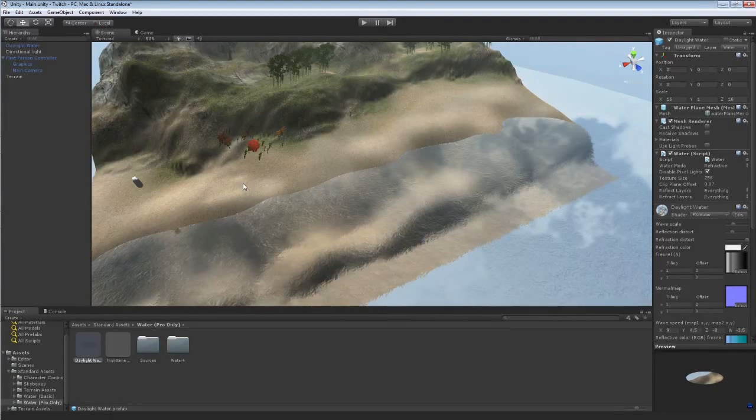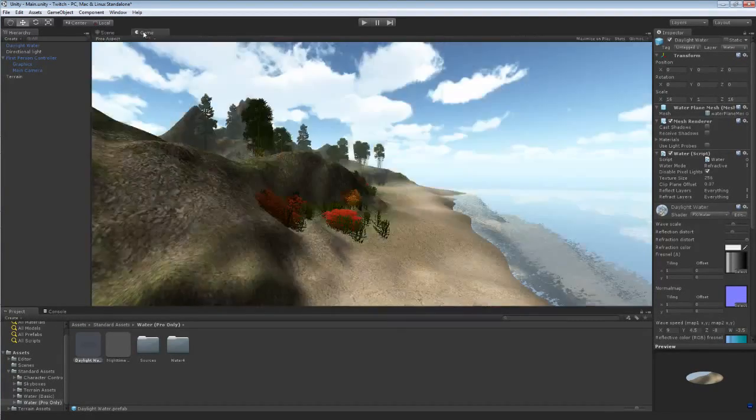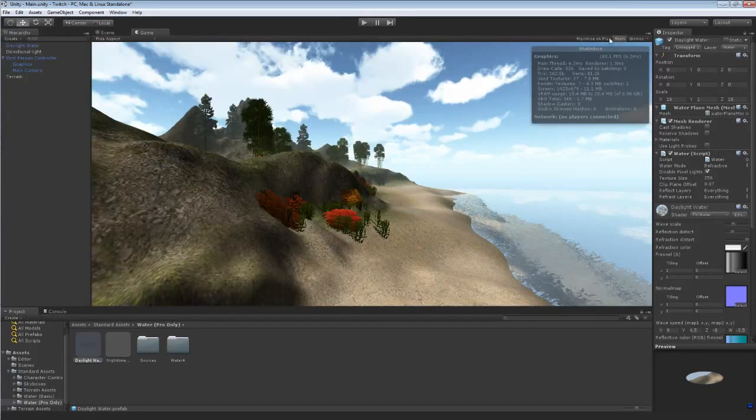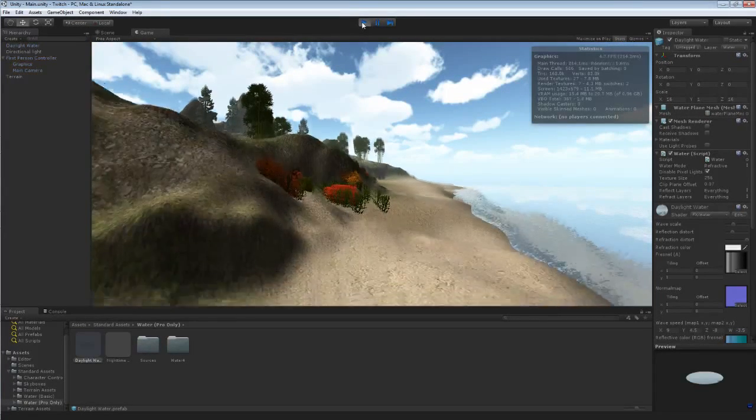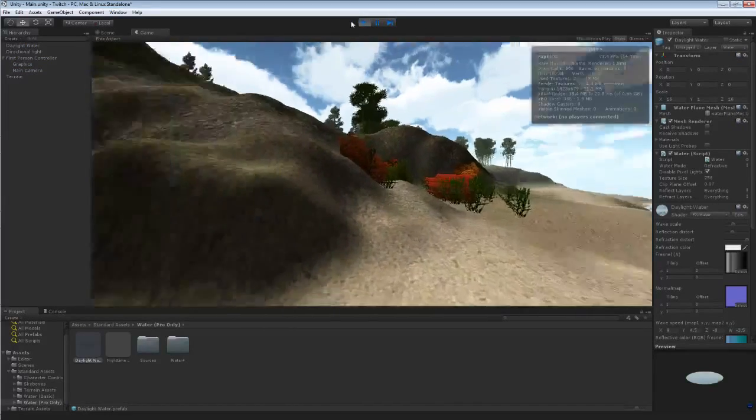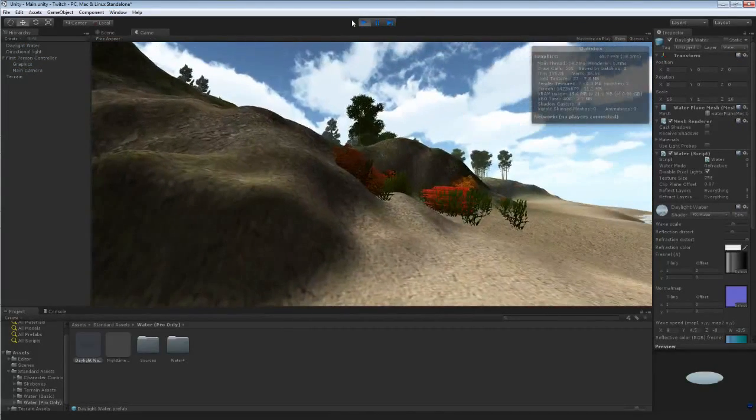Jay Callan asks, is there a way to see frame rates in the renderer? If I go to game and I turn on my stats, when I run this, I can see my stats. So I'm running at 71, 68 frames per second. This is not tethered to my monitor, so it's not keeping it low. It's actually running rather inefficiently, but it's doing so because I am recording my screen and recording a video and doing all these things at the same time. So normally it would be,